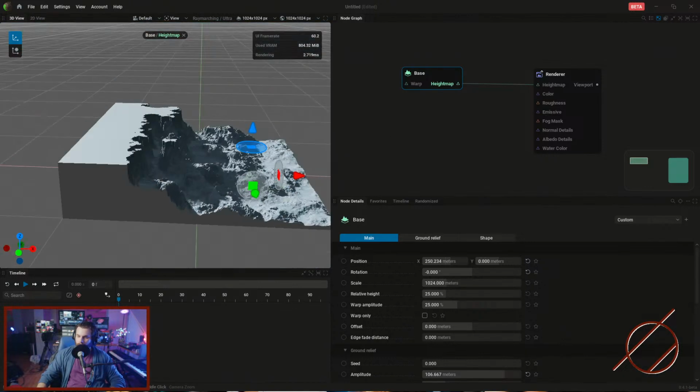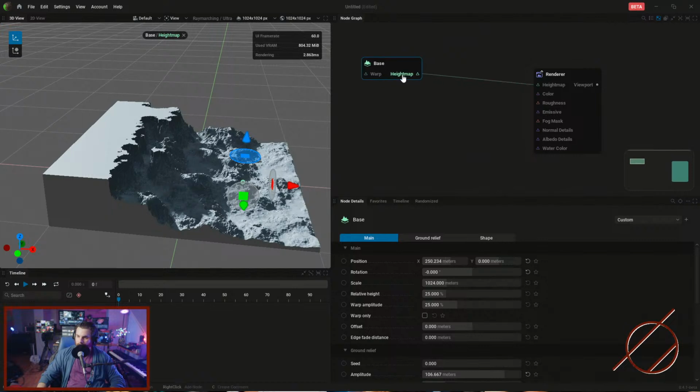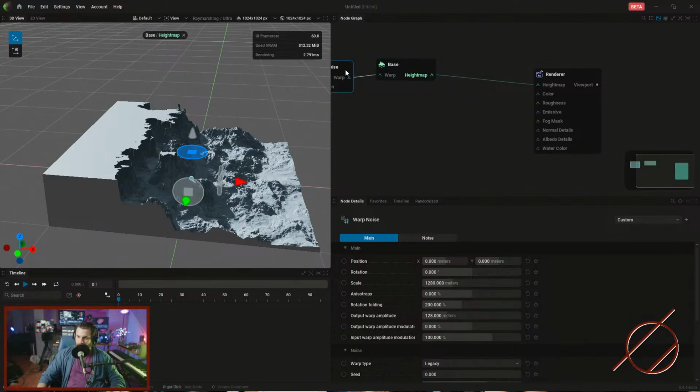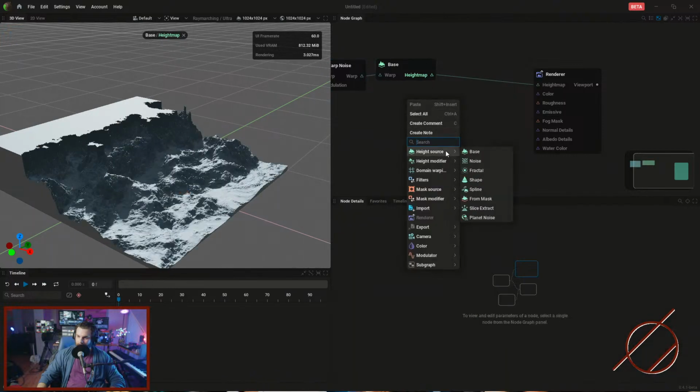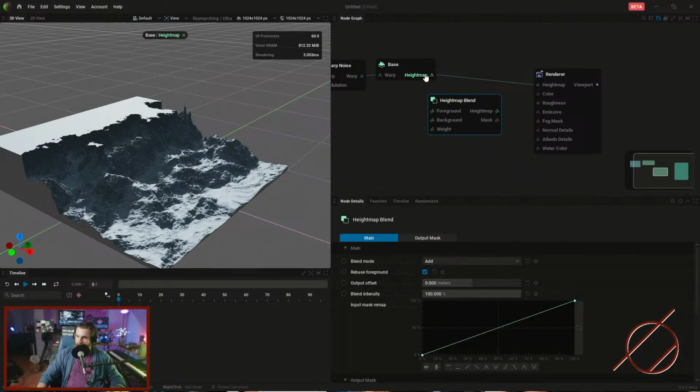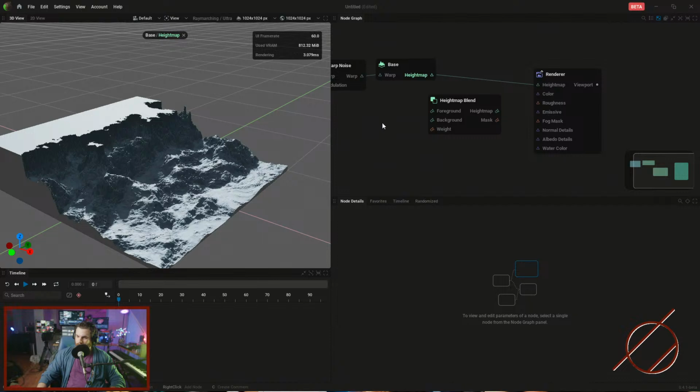Okay, so here's one of the really cool things about this: you can mix and match stuff. Not only can I take warp and add a noise warp here, and mess with this, which you can see there, but I can also mix height maps. So I'll take height modifier. Ooh, these are new. I'm going to take height map blend, and I'm going to just grab another base,